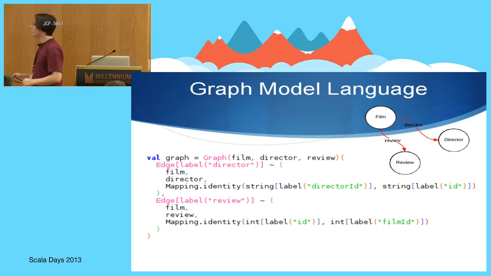So here we define an edge, we give it a name, so the same name as we see here, and we say from and to for the connection, and then we define a mapping. I won't go too much into details here, but basically it's what enables the execution engine to know how to link data together. So you can think about a foreign key, and ideally once we do a proper slick integration, this kind of information could be generated directly from the table and from the slick schema, basically.